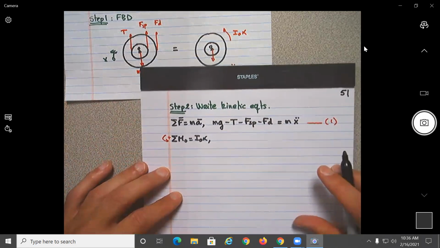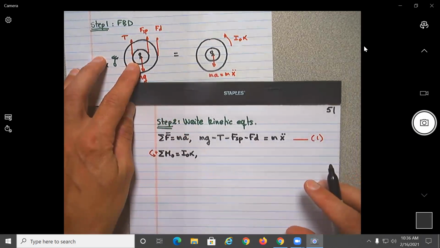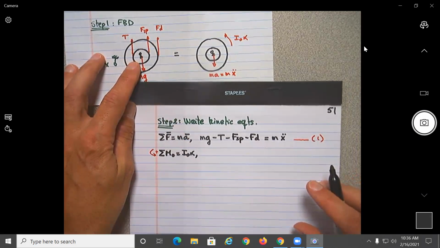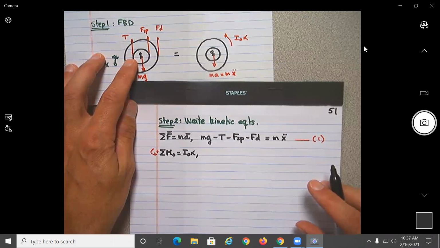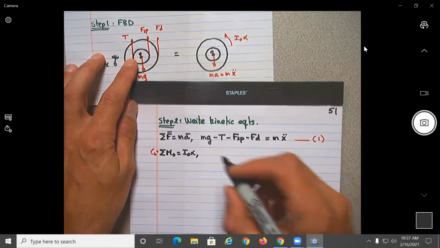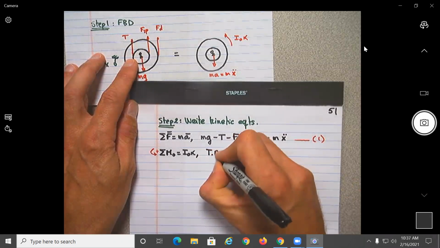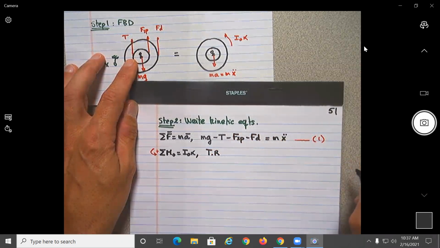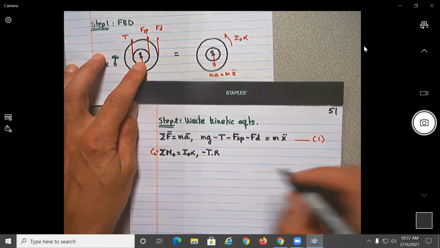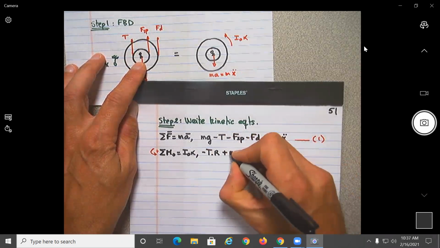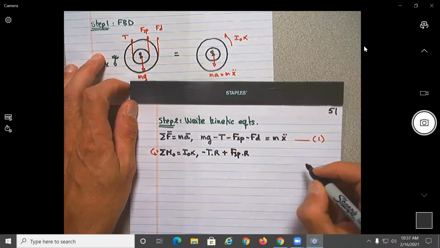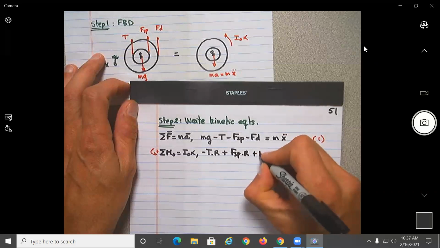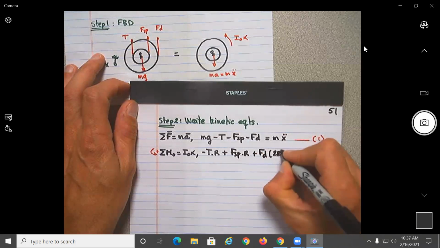So let's see, this will give you what? If you look at the figure, what will be the moment created by the force T? It would be T R, and this one would be positive or negative? Negative, okay. Then the one of the spring will be plus S spring times R, and then you will have plus F damper times 2R